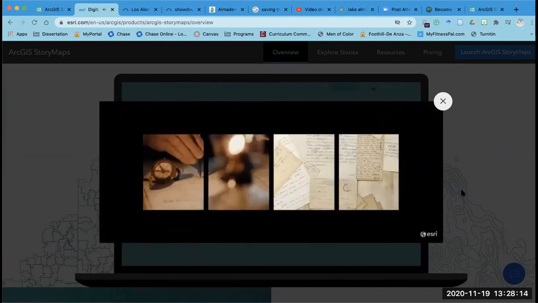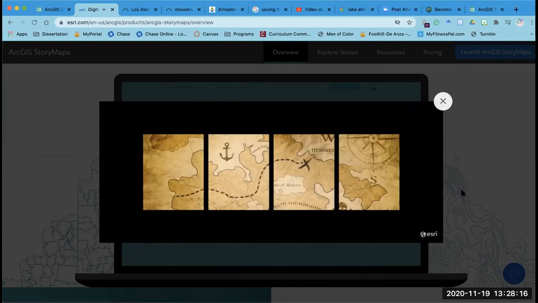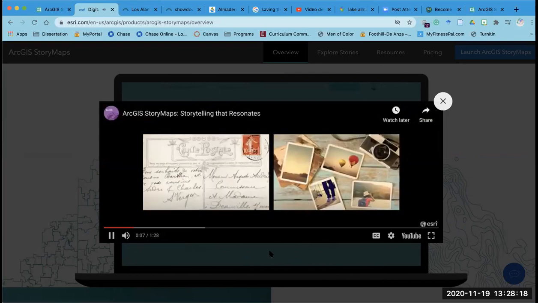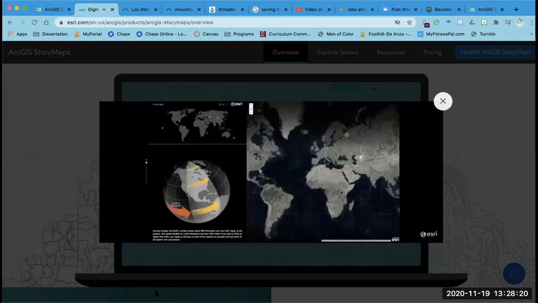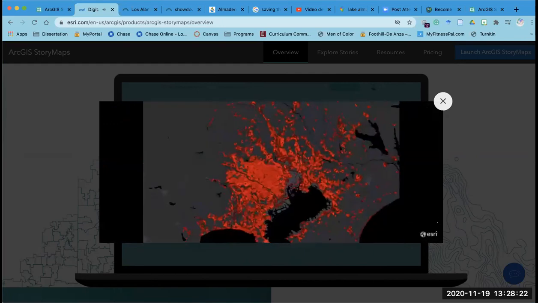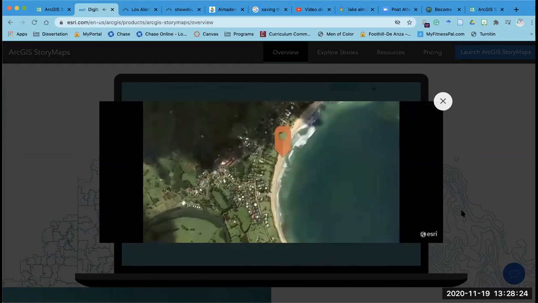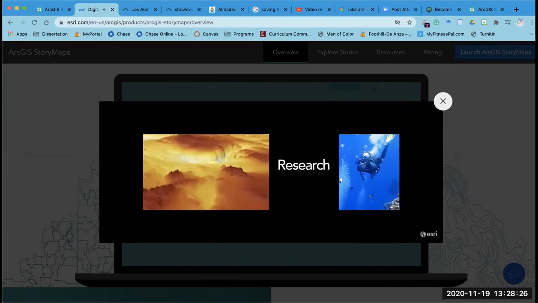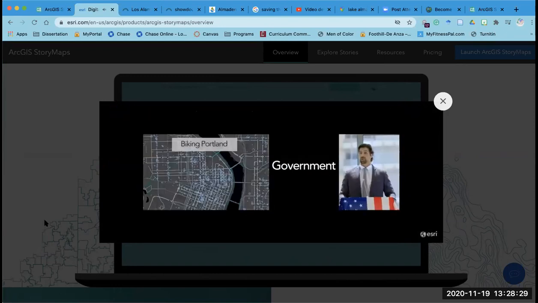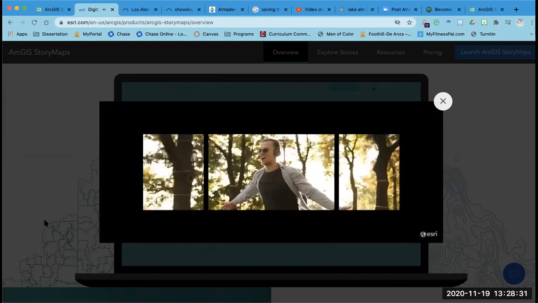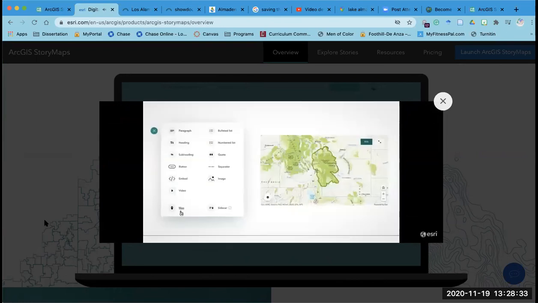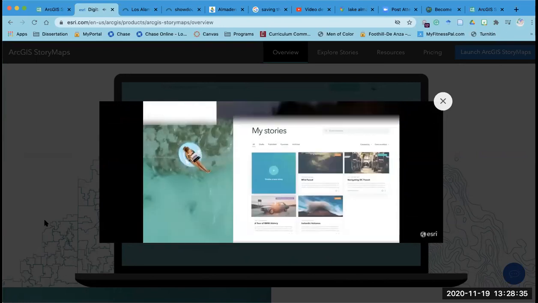Maps have always told stories. They've just never done so quite like this. If you have a story to tell, and where it takes place is a big part of the story, ArcGIS Story Maps is the way to tell it. Now, it's reimagined, redesigned, and rebuilt from the ground up.